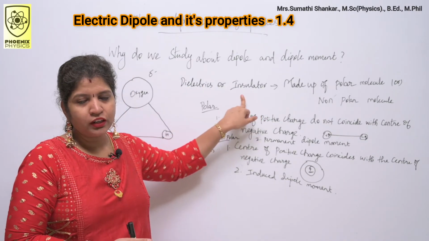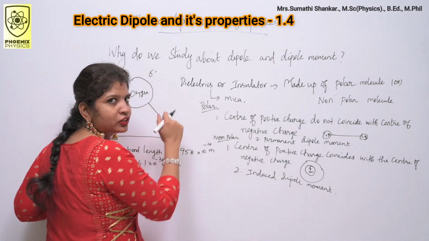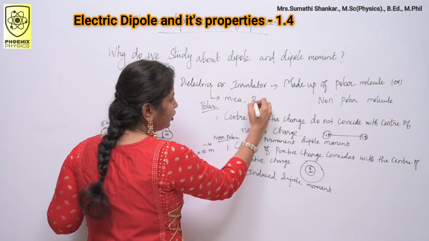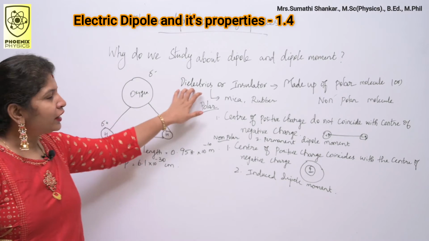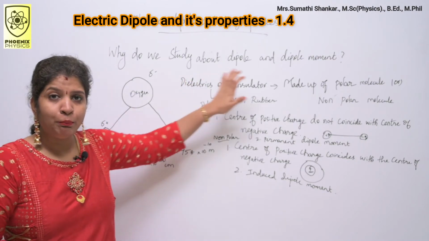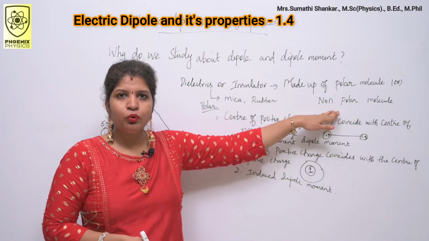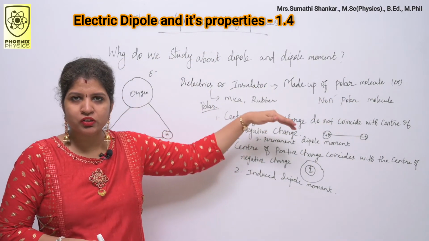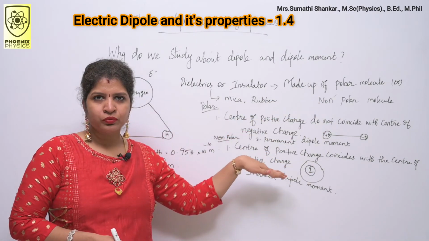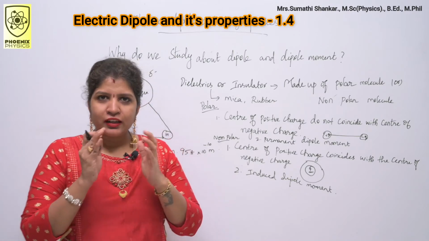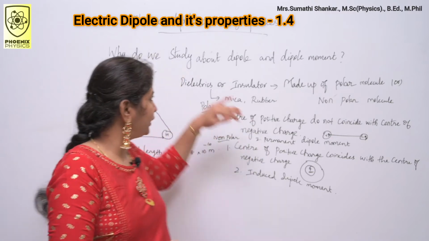This term you know, right? So dielectric or insulator, both are the same. Examples of dielectric substances are mica or rubber, etc. So a dielectric substance is made up of either polar molecules or non-polar molecules. Have you heard about these terms, polar molecule and non-polar molecule? Don't worry, on page number 53 of your lesson they have explained dielectrics elaborately.